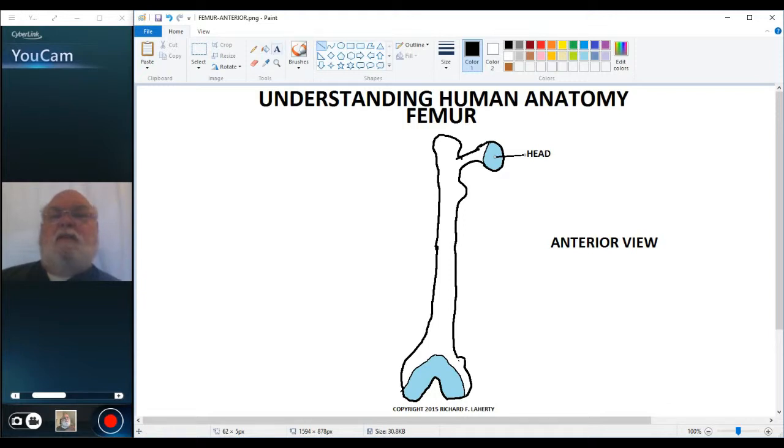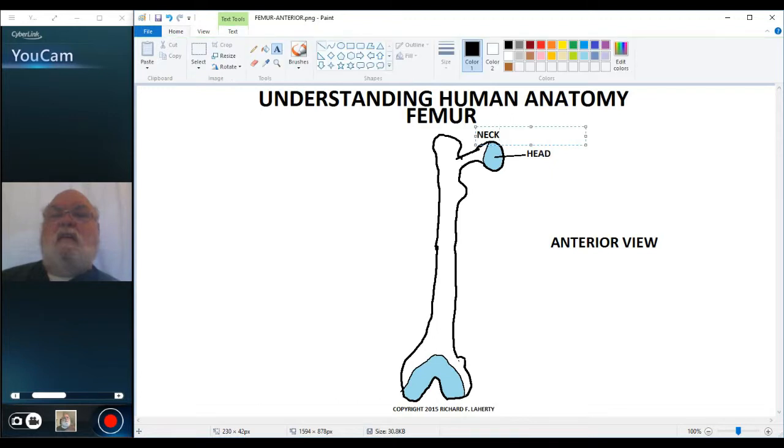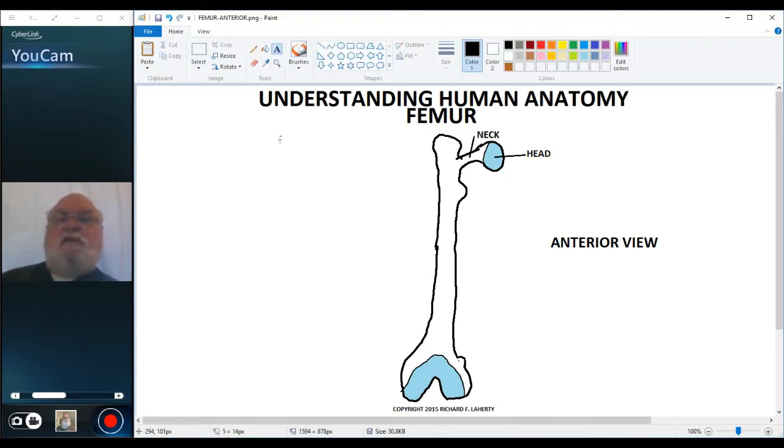We'll have the neck of the femur, here. We have the greater trochanter,